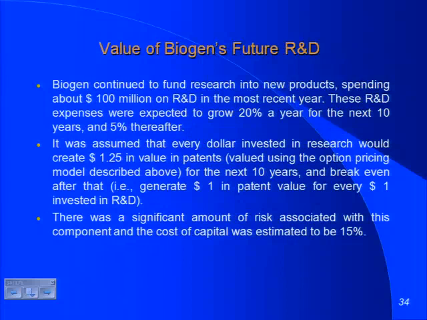Basically, I'm assuming that this is a value-added proposition. And you're going to see in a minute, if I'd set it at $1, what's going to happen to the value. But that's where the value added comes from. They invest $1, they get back $1.25. After year 10, I assume that the excess returns go to 0, for the same reason we did it in traditional DCF valuation. Finally, I have a huge amount of uncertainty about this component of value, so I'm going to use a much higher cost of capital, much higher discount rate of 15%.